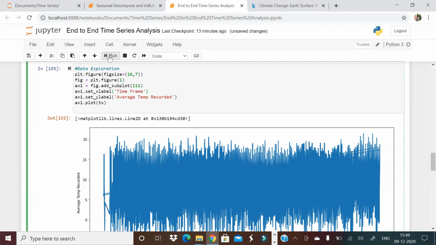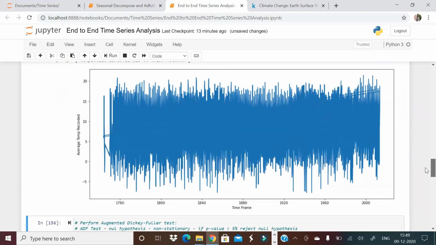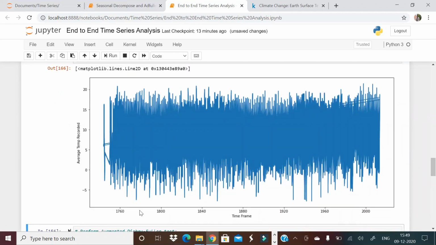And here, as you can see, I have plotted that time series. Now this is important, guys. Look at this plot. On the x-axis we have the time frame from the 70s to 2000, different years, different months. That's where we have 12,000 entries in the data, right? And then you can see different temperatures on different months. So how is this data looking, guys? Do you see any seasonality here? Do you see any trend here? Well, this data does not give any trend or seasonal component as such. But how will we know that the data is stationary? That is what we need to check after data cleaning and some EDA.